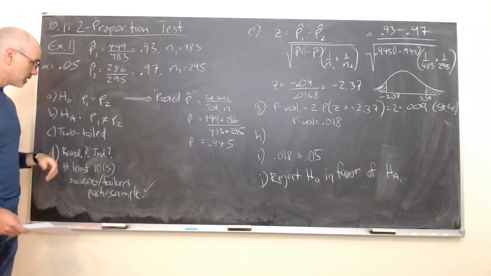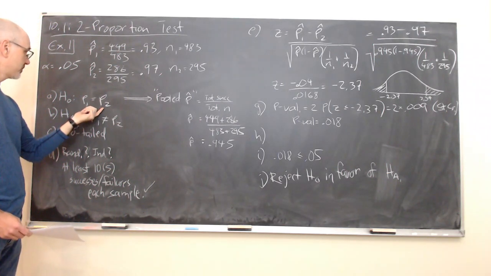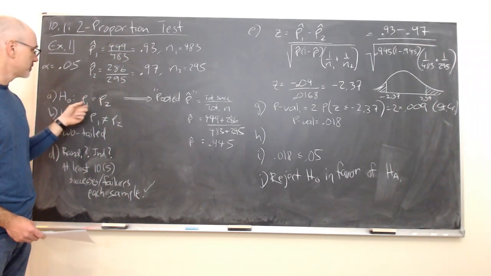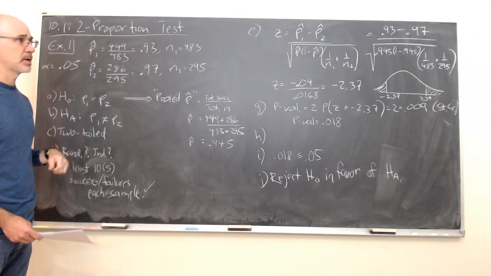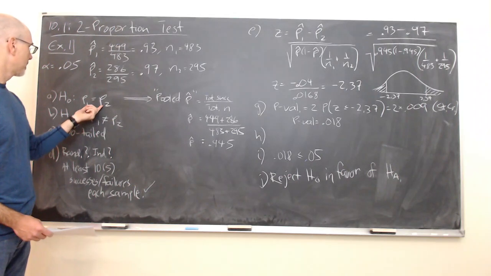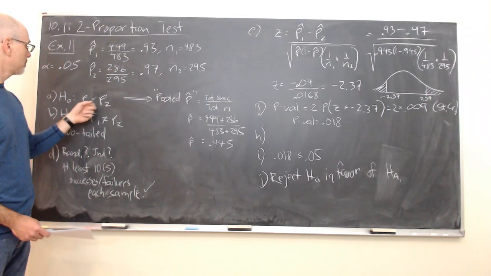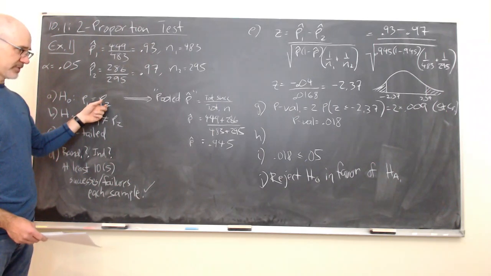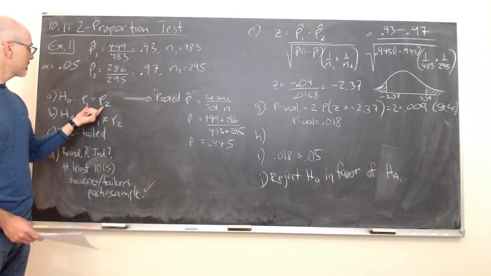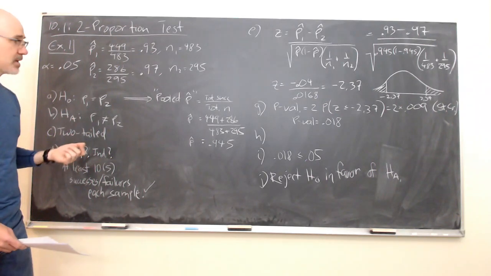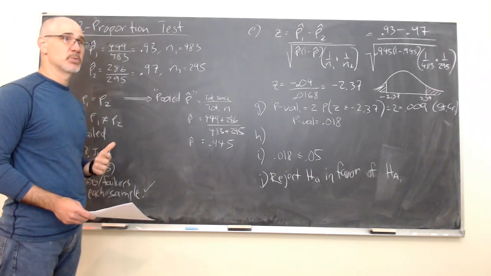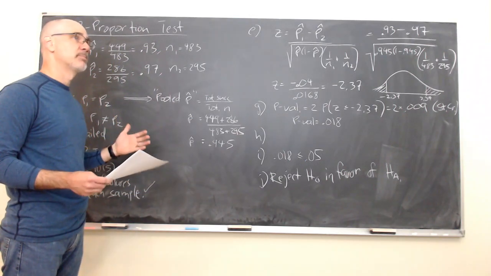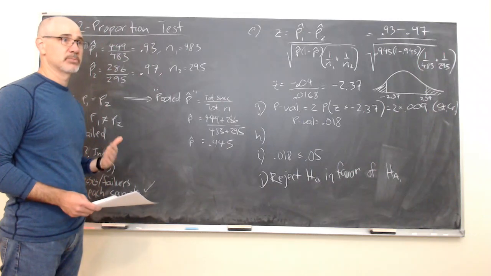So we need to set our null hypothesis. The null, as before, always is a statement of equality about the parameters. So we assume that there's no difference in graduation rates overall in public and private schools, so that our proportions P1 and P2 are the same. Now this is where the two proportion test gets a little different than before. Because if we assume the populations have the same proportion, then the best estimate for that proportion is what's called the pooled sample proportion. So if we assume that public and private schools have the same population proportion, then we